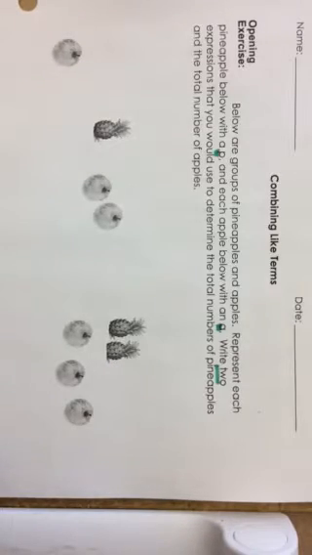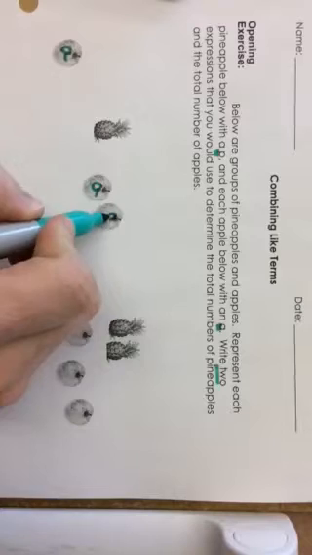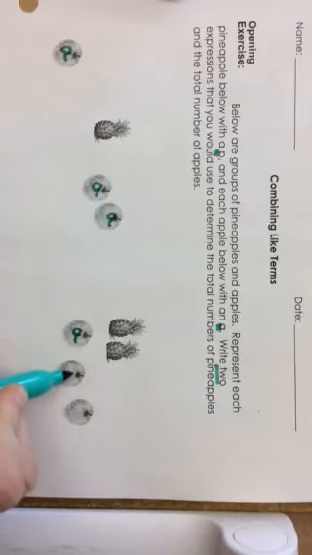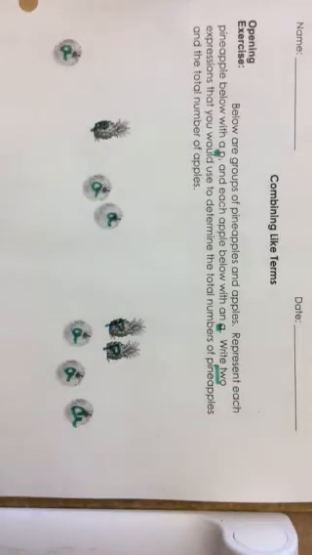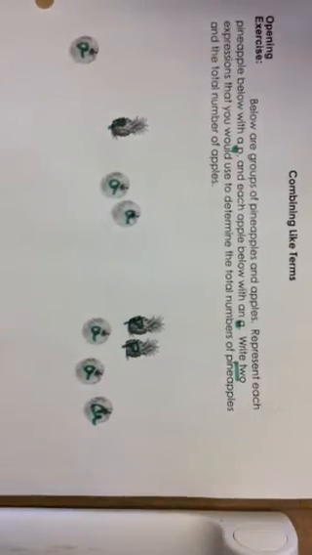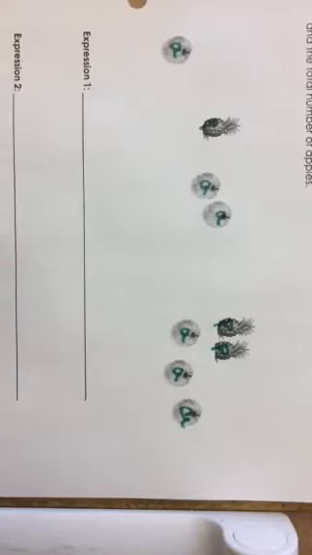apples. So what I would do is I'm just going to represent A for apples. So you can see that I could represent these with variables. And then for pineapples, they want us to use the variable P. So you can see how many apples there are and how many pineapples. So if I ask you how many apples are there, many of you would say 6 apples. So couldn't I just represent that with 6A,